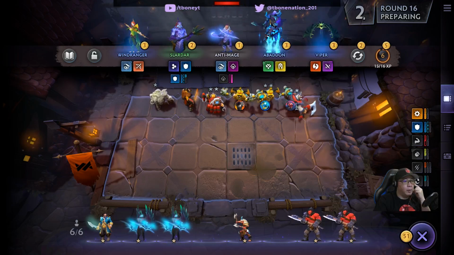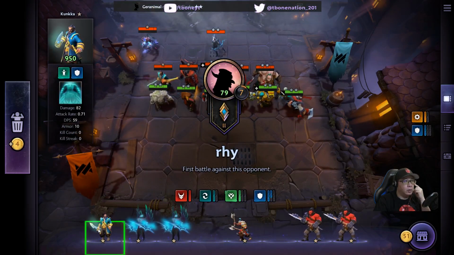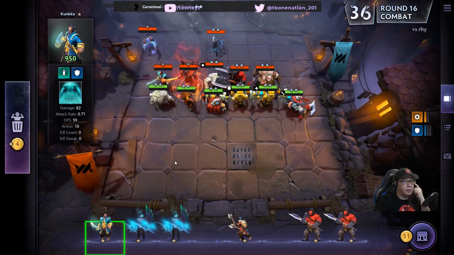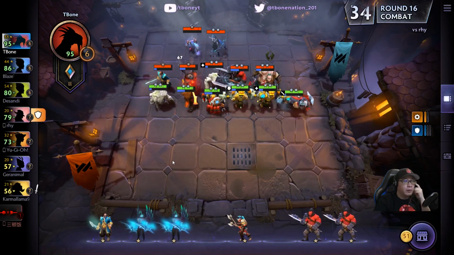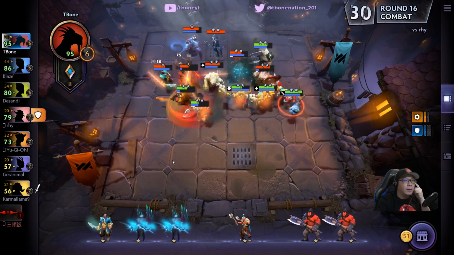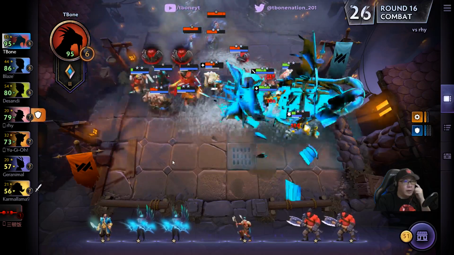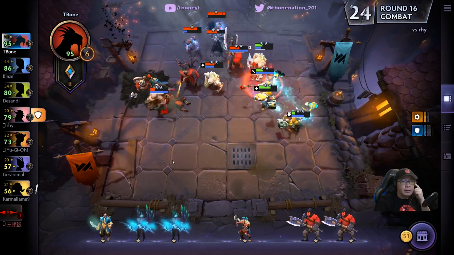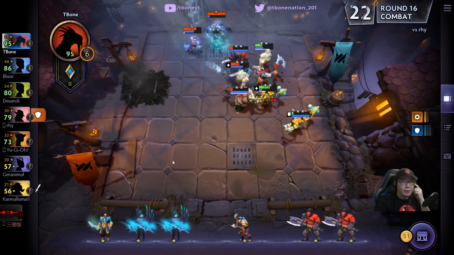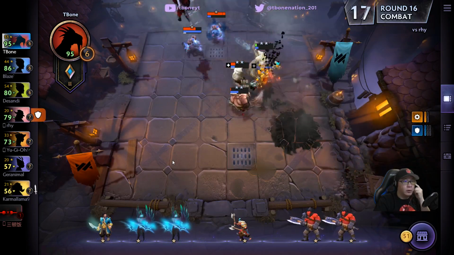I was hoping to maybe pair up on either my Troll Warlord or Inca, and neither of those happened. So we're up against Rai. Let's see how we do here. This is an all warrior build, and we don't really have any other support for additional damage. So this is going to be a tough fight for us,